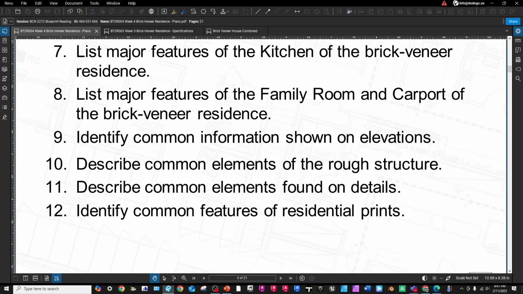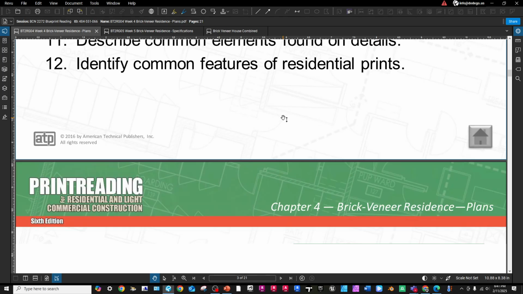Okay. Also, objective 9, be able to identify common information shown on our elevations, describe those common elements also of the rough structure and common elements found in the details, but not forgetting to identify common features of the overall residential prints. So when designing a residence